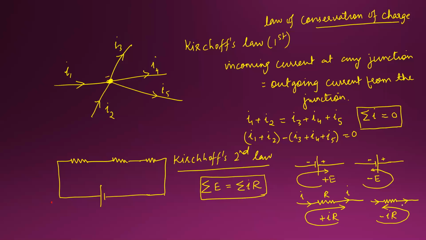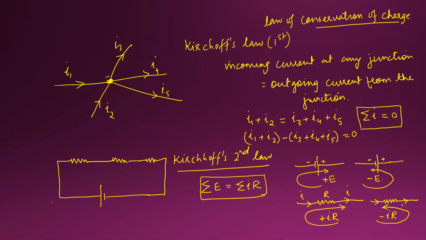In case of a battery, we will not be seeing the direction of current with the help of Kirchhoff's first law. Only the loop directions will be assumed. Whereas in resistance, we have to see both directions, that is the direction with the help of Kirchhoff's first law and the direction according to the assumed loop.